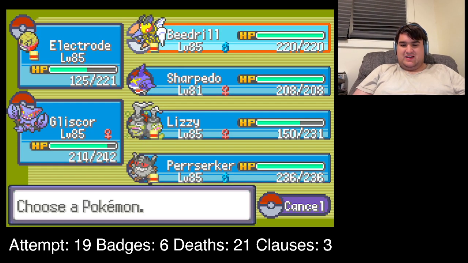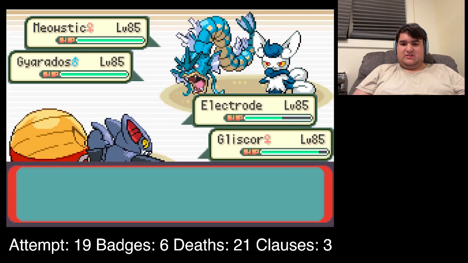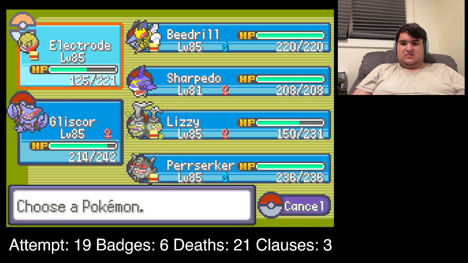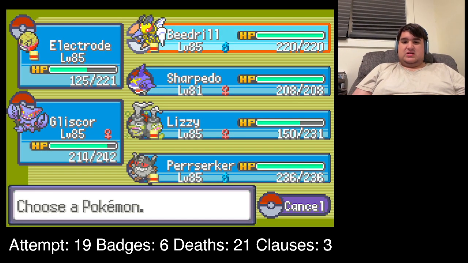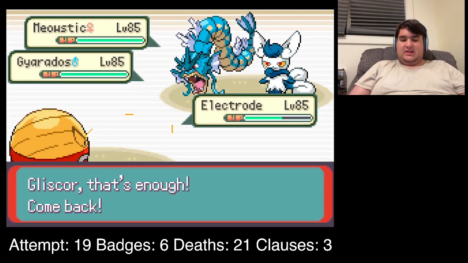I'm on the Imprison line. Going. And Beedrill on the Gliscor slot. Oh wait, oh my god, that would have been horrible. Okay. Yeah, we go into Beedrill. It doesn't see a kill on...